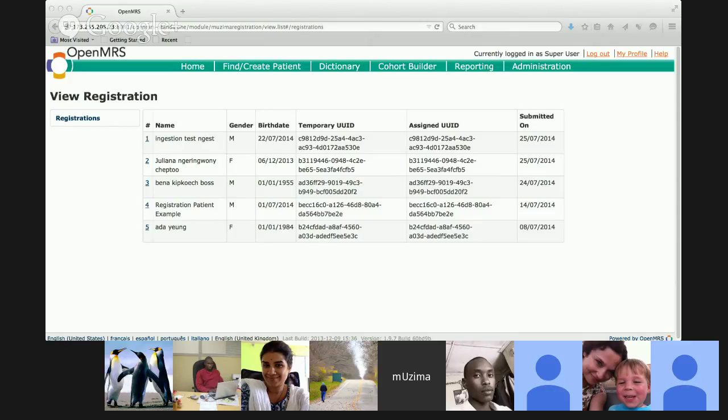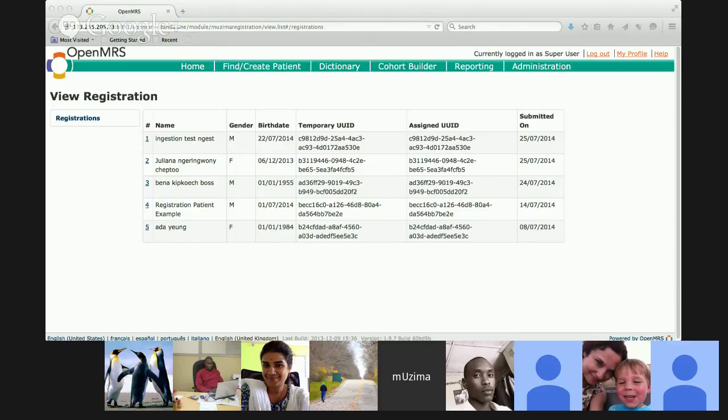So on the device, when you create a new client record, it would assign a temporary UUID for this person, and that's what the temporary UUID column here lists. Yes. And then once it's sent to the server for processing through the simple merge, let's say that it found an existing record. So the assigned ID should be the UUID from the system, which is different from the temporary UUID listed here, no? It could be the same, it could be different.